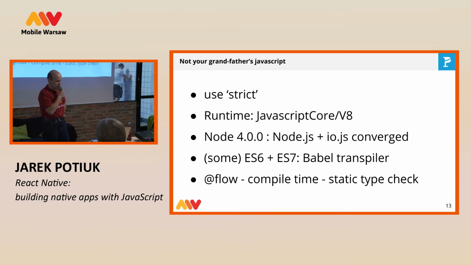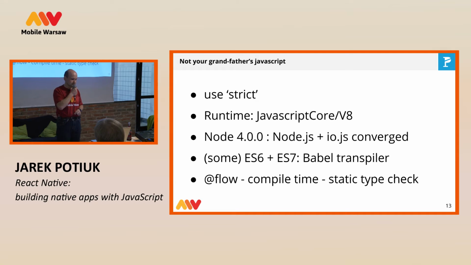So, a few words about the JavaScript again. It's not your grandfather's JavaScript. Not that I could be your grandfather, not yet probably, but it's not the JavaScript that I remember from the past. So we can use strict mode, which is actually cool because it prevents you from making some errors. Only two runtimes are possible. Even on Android, it uses JavaScriptCore, which, for me, was strange. But they use JavaScriptCore, which is part of WebKit, which is open sourced by Apple or kind of supported by Apple. So on iOS, it runs on JavaScriptCore, and on Android, during debugging, it runs on V8, which is